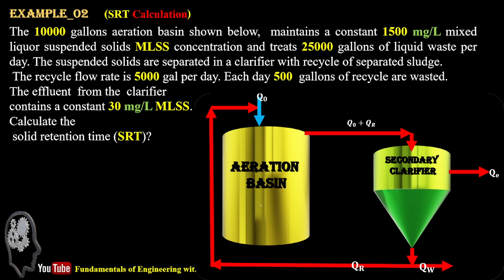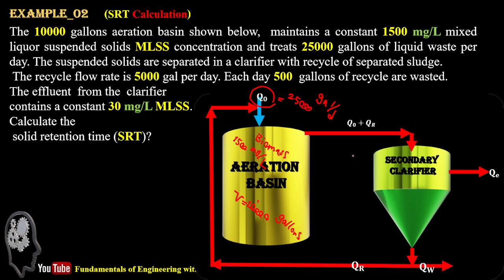In our wastewater treatment, we have an aeration basin, where the volume of the tank is 10,000 US gallons, and the concentration of biomass inside the aeration basin is 1500 milligram per liter. The wastewater discharge coming to our plant after screening and grit chamber is 25,000 gallon per day of wastewater, and then